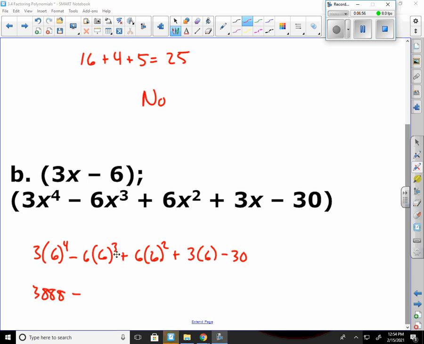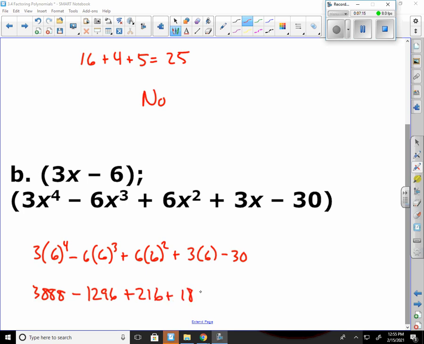And 6 times 6 to the 3rd, well, that's just 6 to the 4th, so this would be 1296. Plus 6 times 6 squared would be 216